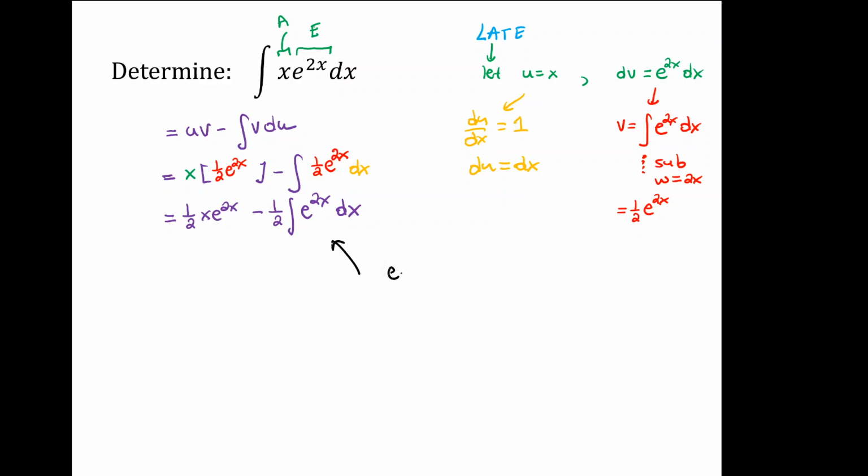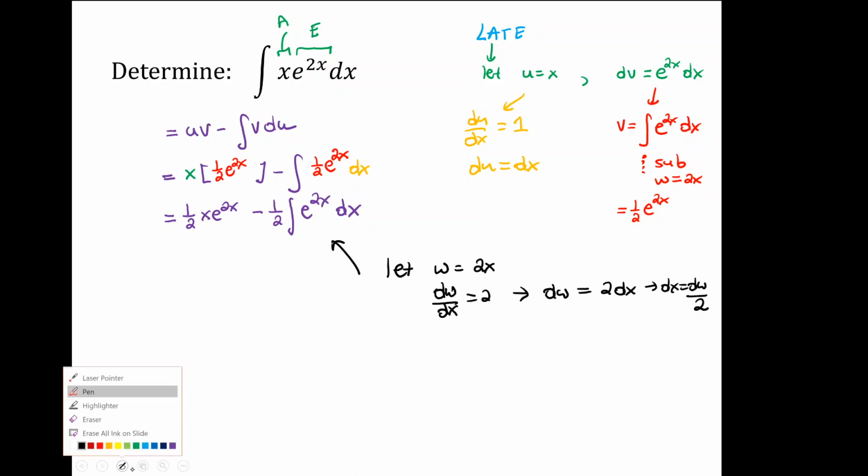Let u or w, I'll use w now, equal 2x. So dw by dx is 2. dw is equal to 2 times dx. So dx is dw over 2. So that's the substitution that would have been done up above. Same substitution. So 1/2 x e to 2x minus 1/2